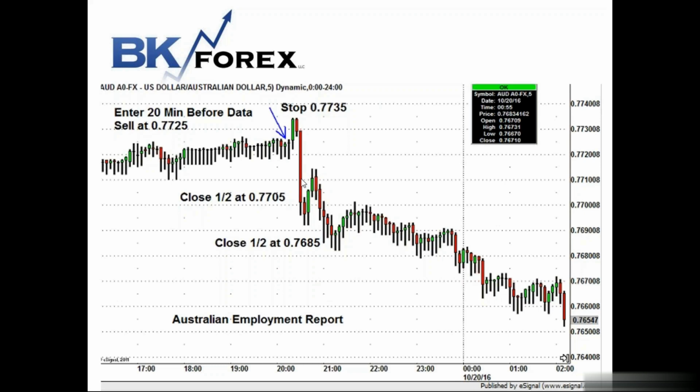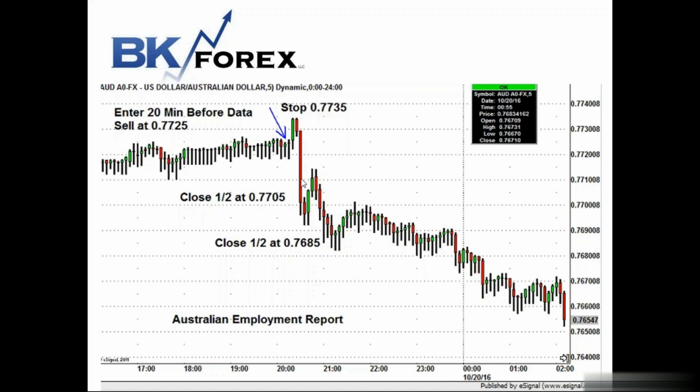And then for the second half of the position, you move your stop to break even. At that point, you can trail it by whatever you want. You could trail it by 20 pips. You could go for 2 times risk, which is probably the most you can expect. If you risk 20 pips, you might want to go for 40 pips on the second half of the position. If you went for 40 pips, you can see that shortly thereafter, you close the second half of the position at